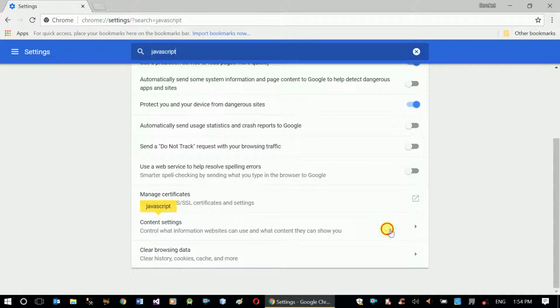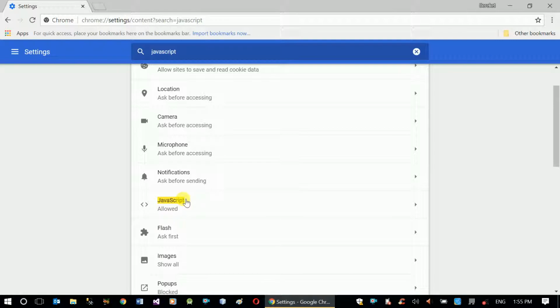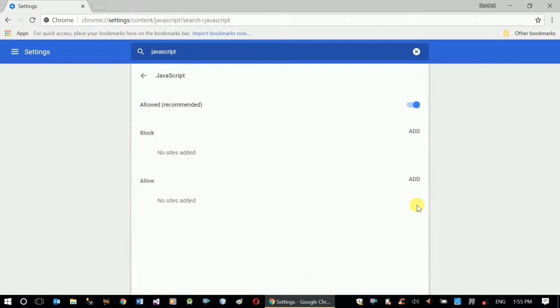So let's click on that and we'll see detailed content settings. There you go, JavaScript current status is allowed. If you want to change it, we can click on this and we can enable or disable our JavaScript